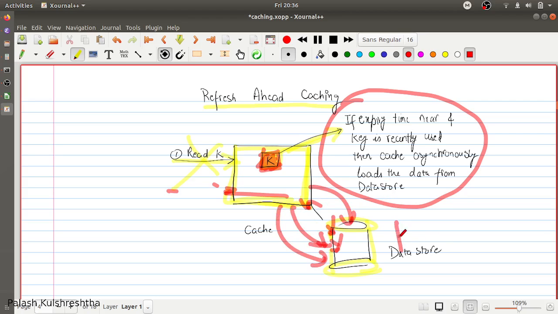So it is going to increase utilization on this data store. It is going to increase unnecessary queries on your data store. Also, it is going to impact performance of your caching store because it is doing background processing, and it may impact the real-time running caching requests that are coming to your database.